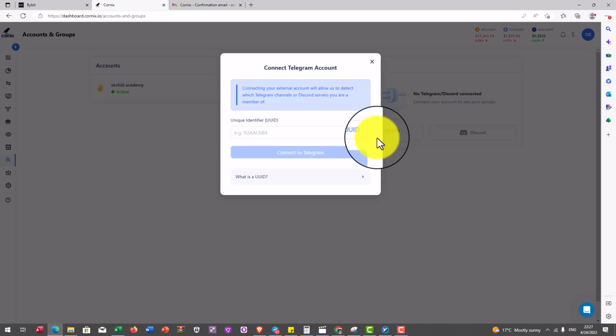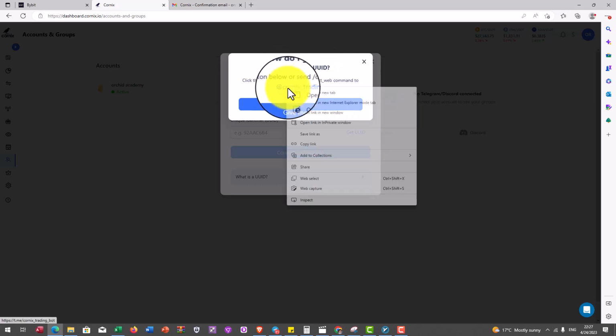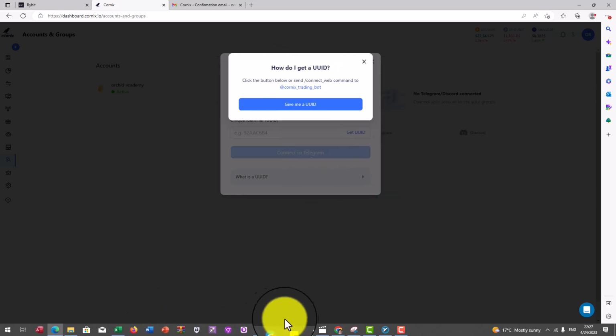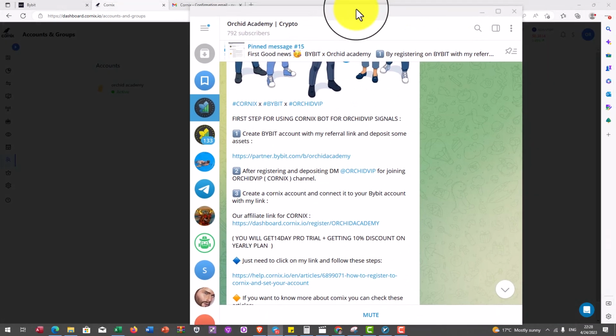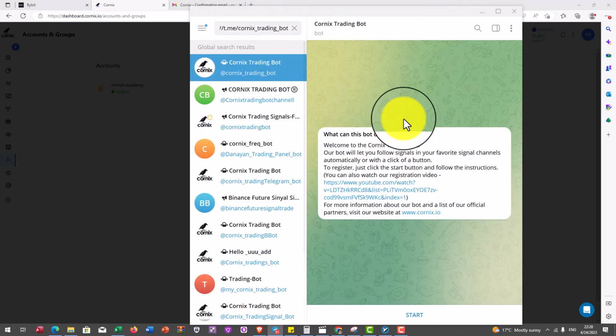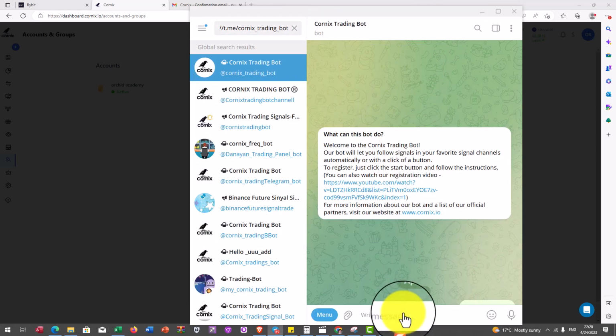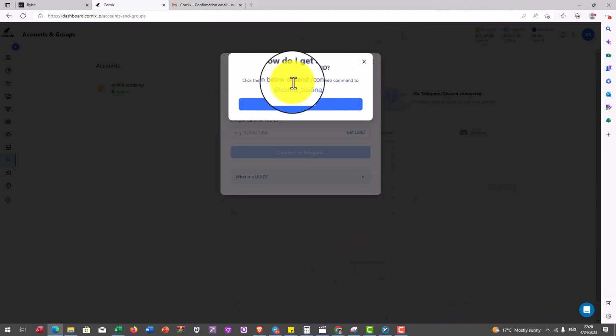Click on the Telegram icon, and now click on get UUID, and then with your Telegram account you should go to this ID. This is the ID for the CORNIX bot. I'm gonna copy it and paste it in search. Then I will click on start, and the next thing you're gonna do is